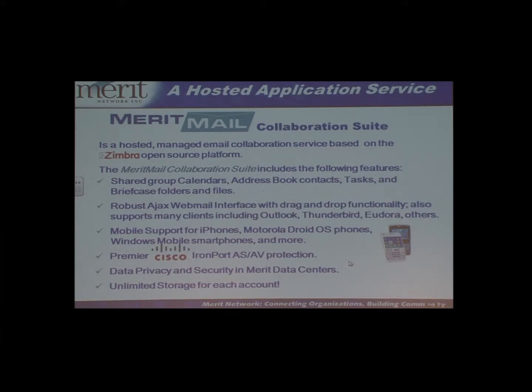We're located here in the state of Michigan. And with regard to data privacy and integrity, both for individuals as well as institutions, your data is governed by the laws of the state of Michigan. With many of the larger cloud services, there are some political or personal and policy-based things that happen when your mail goes up into the cloud in terms of privacy